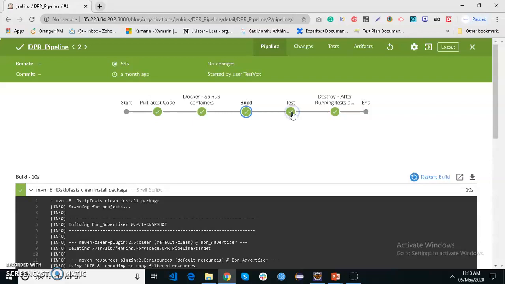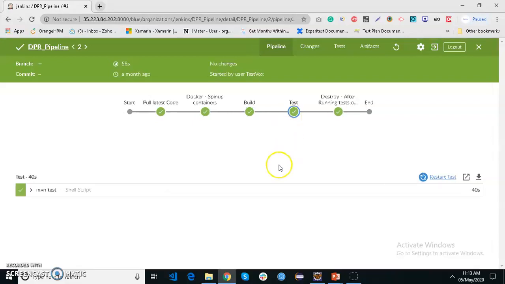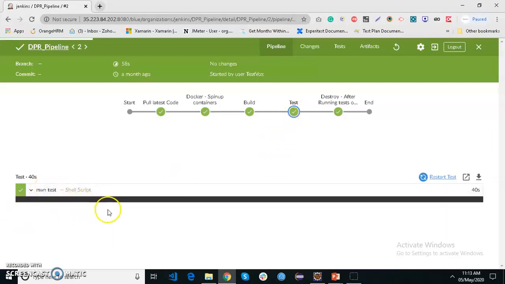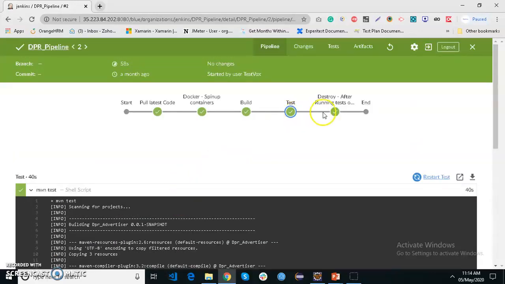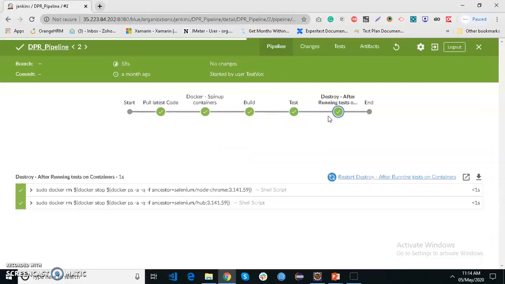In the test stage, we can see whether the test failed or passed. Here, you can see the test is passed. Okay. Lastly, we have to destroy the containers after running the test.